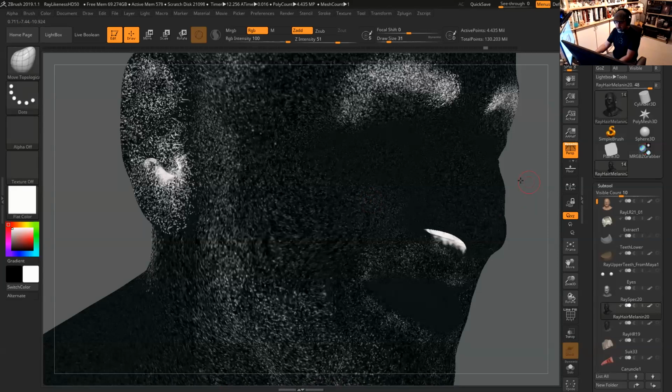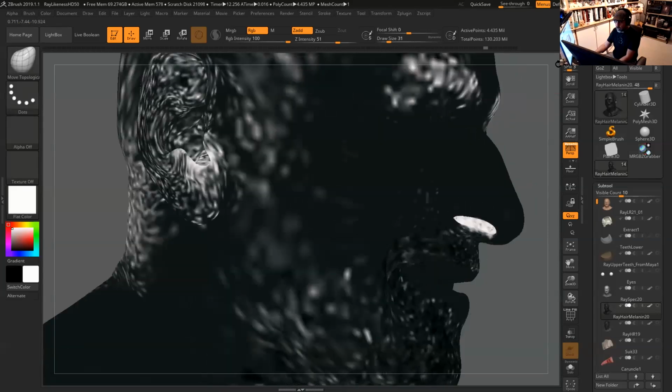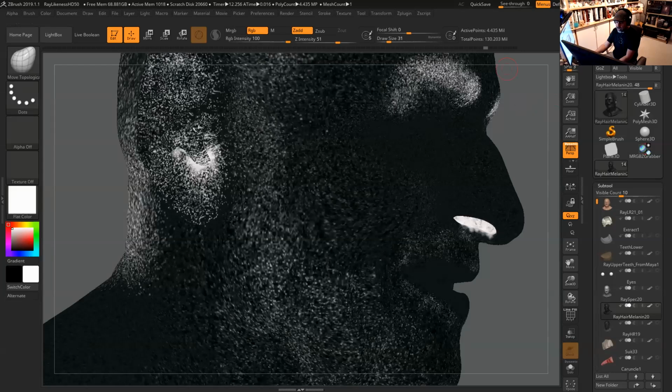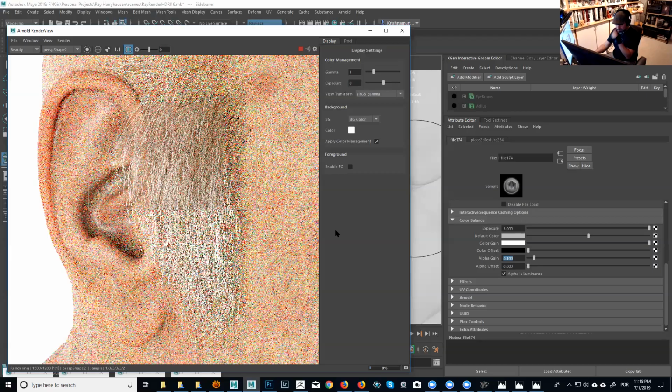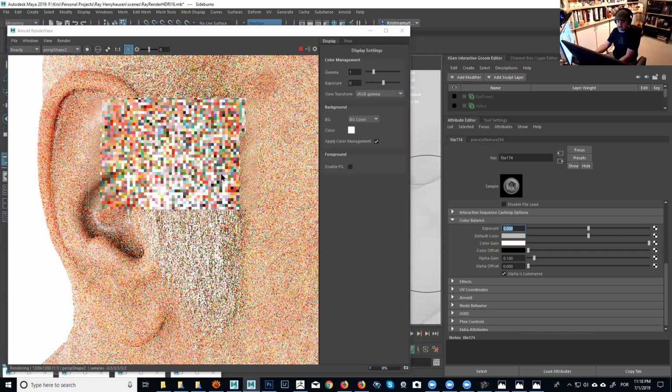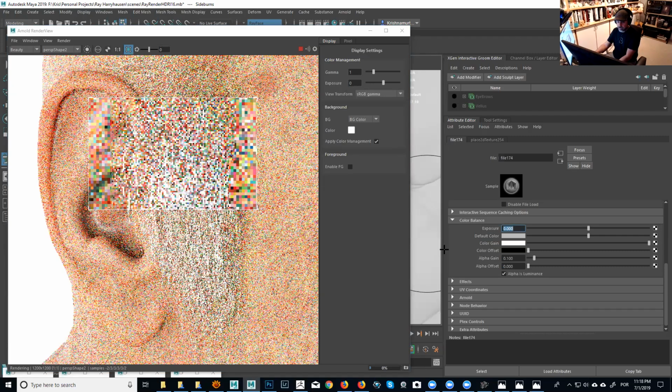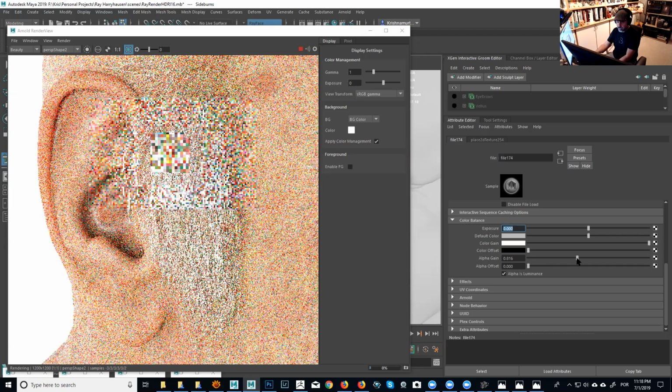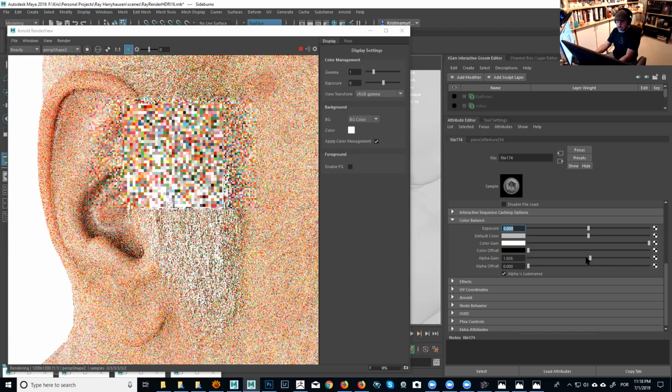So if you look at your map and you painted something like this for your melanin map, and you brought it to Maya and you're trying to render and you're not seeing anything, you might have to crank the exposure. At 0, it's giving me this kind of result. Even at 1 here with 0 in there, which is the default,